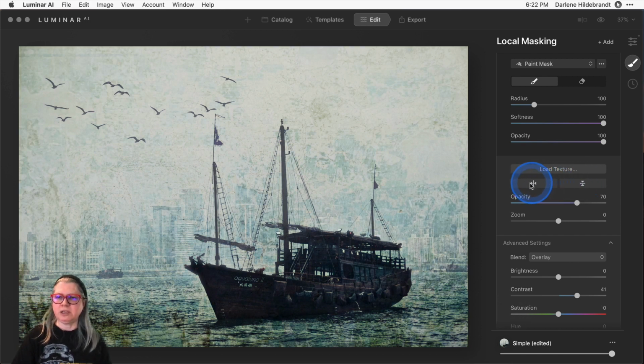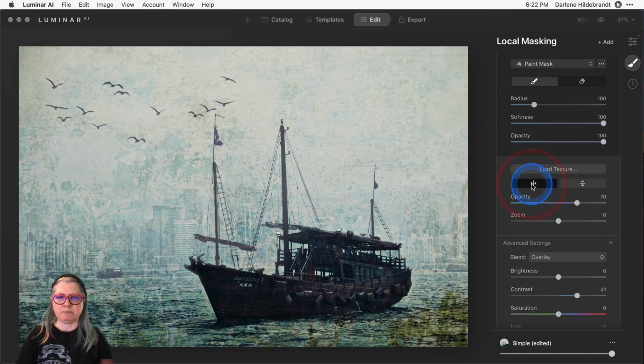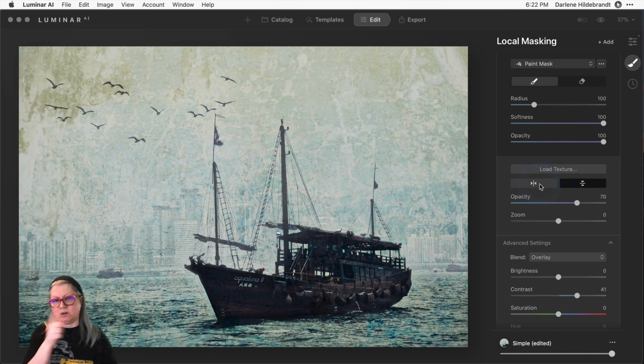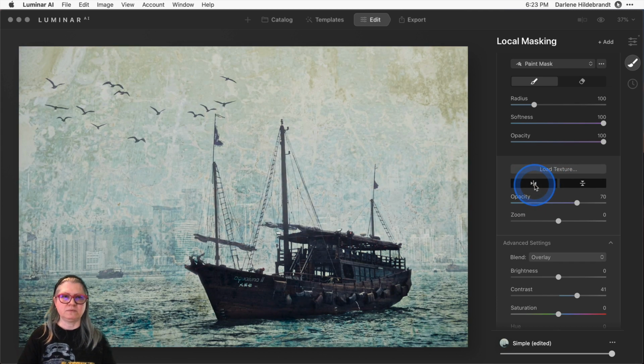These little buttons up here, right above opacity, with these two arrows going this way or this way, mean that you can flip the image. Okay, so if I click this, watch what happens. Now it's flipped the image side to side. And if I do the other one, it's going to flip it upside down. So now you can see that dark corner is on the top where it was on the bottom before. And now I've fully rotated all the way around. So you could flip and flop your texture to see how it looks best on your particular image.